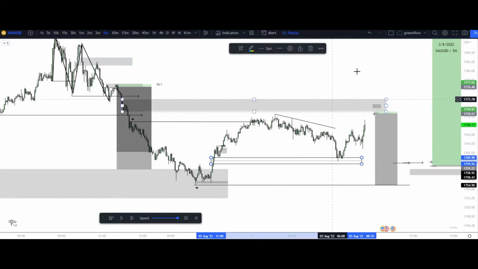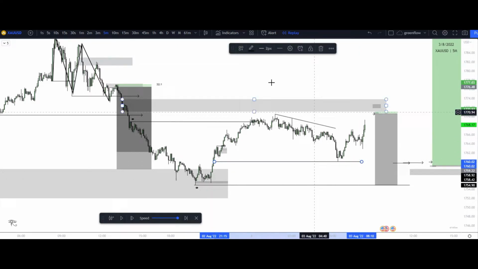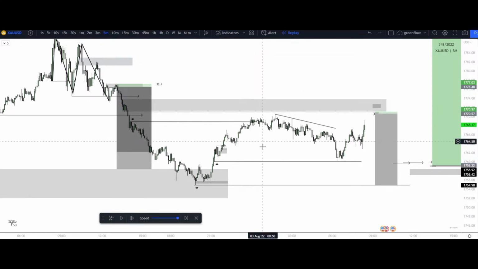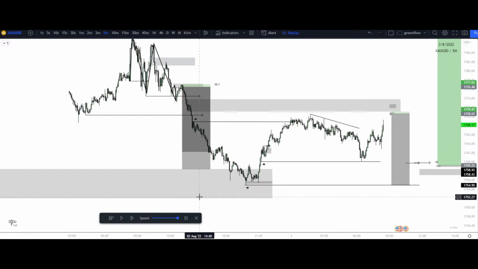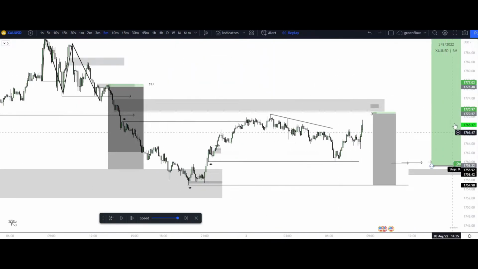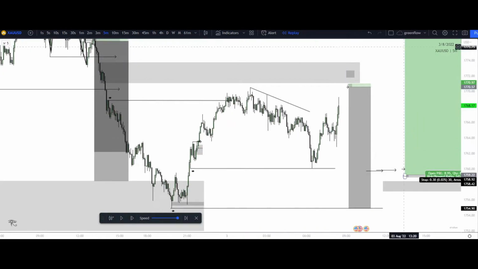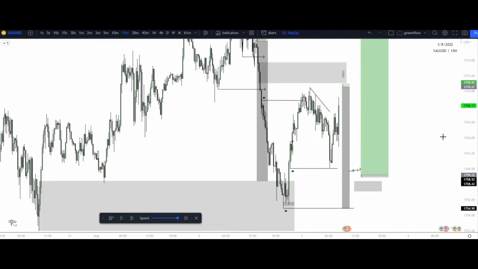So if we take this away, look at what we left when we came down. What is that, right? Sell side liquidity here. I have sell side liquidity here. My internal structure is bearish, so I can look for this weak low from this internal strong high that was present right here that broke that entire range previously over here. If I can receive that 1 minute Wyckoff within my zone. Why am I looking for 1 minute Wyckoff within my zone?